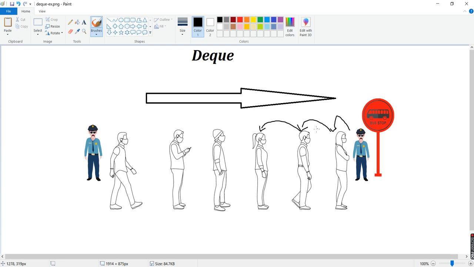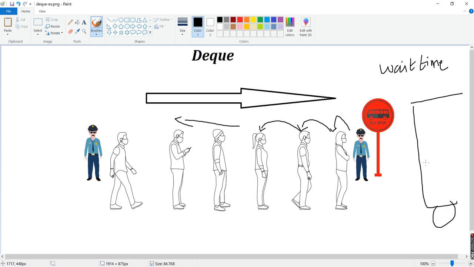Say for example, when this officer comes to this particular guy and he doesn't have the exact change for buying the ticket, the people who are behind this person will get delayed, and that's why the waiting time increases. Inside the queue the waiting time increases, by the time your bus arrives, and it will slow down the process. So system performance is basically slowed down in this scenario.